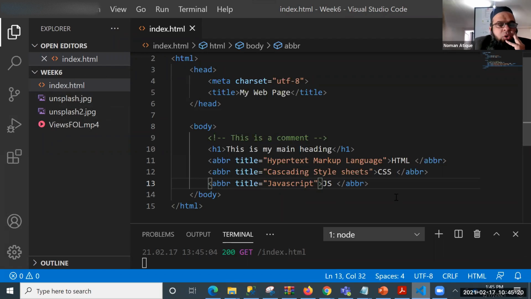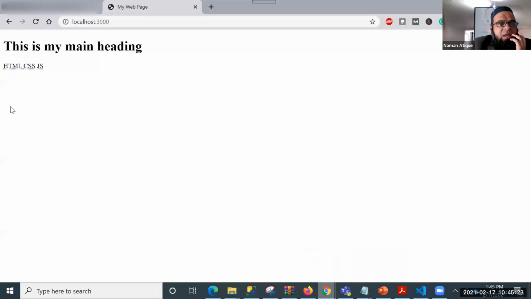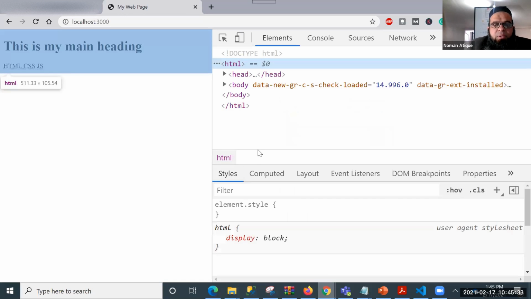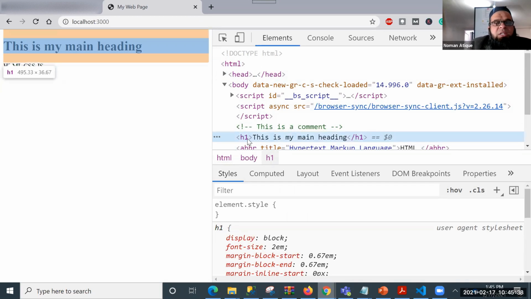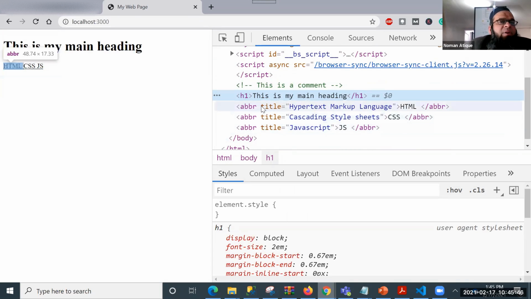One thing I want you people to notice, and I have discussed that as well. When I've written H1, you see this is the H1. This is my main heading H1, and let me just inspect that over here and I'll show you the elements. Inside the body, you see this one is the H1. I hope all of you can see that H1. This is my tag, H1. And these are three ABBR, abbreviation tags. Do you find anything different between these two types of tags? The one is H1, the second one is ABBR. What is different about these two tags? Do you understand what the difference is?